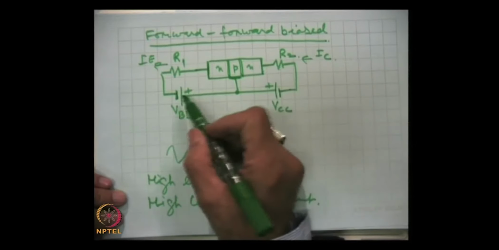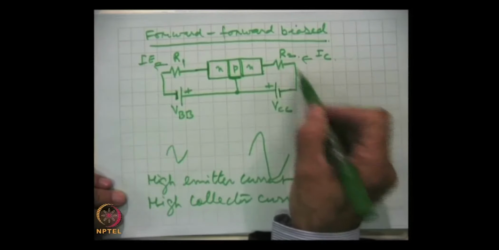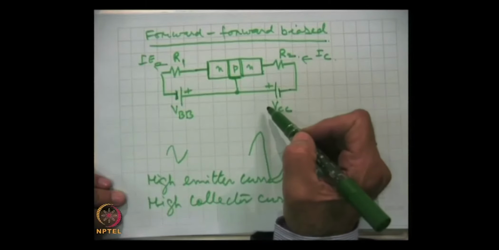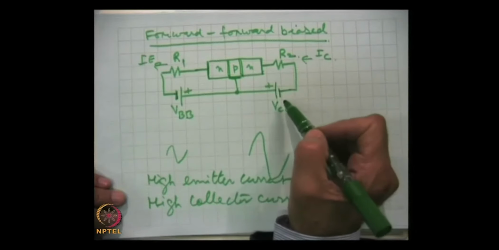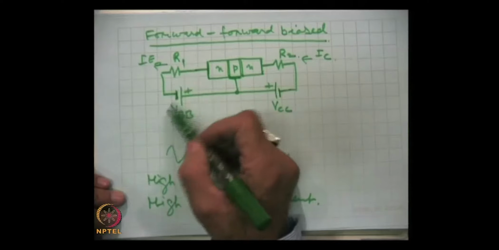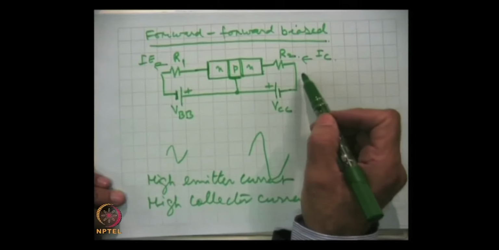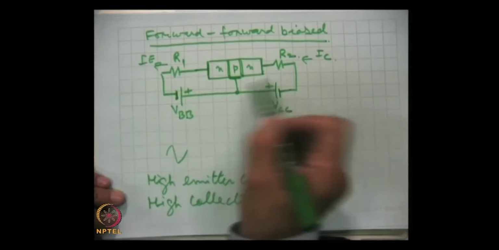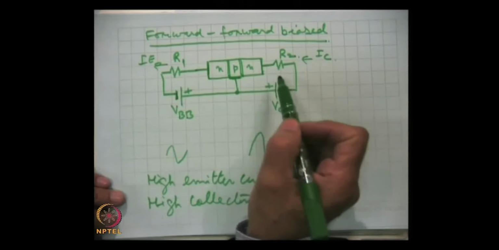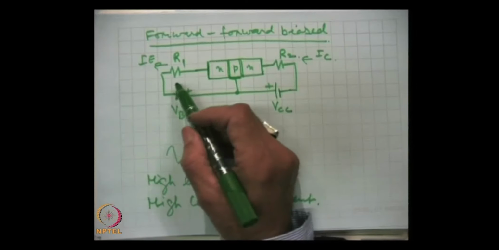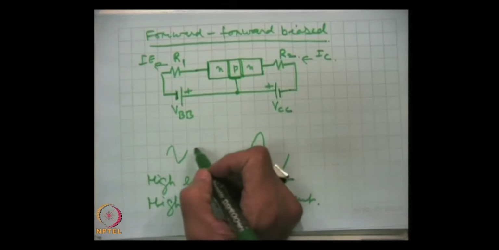Similarly, if we consider the collector junction, the current I C will continue to flow as long as this junction is forward biased, and if we disconnect this or if we vary this voltage, will it affect collector current in this situation? No, because they are almost behaving independently. So, collector current, the output current, will not depend on the input. This is in violation of what we discussed about amplification.